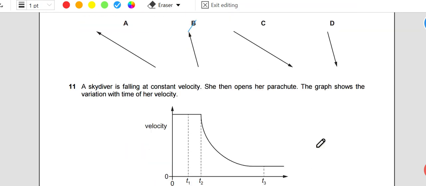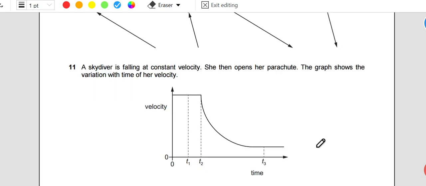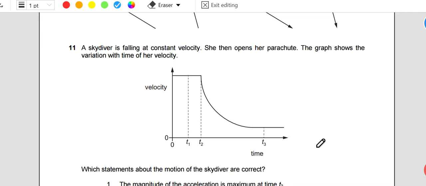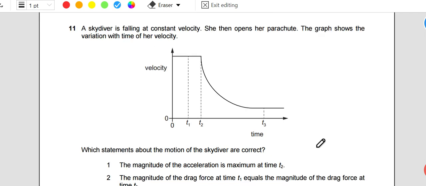A skydiver is falling at constant velocity. She then opens her parachute. The graph shows the variation with time of her velocity. Which statements are correct? Magnitude of acceleration is maximum at time t2. So to have acceleration maximum, I think this is correct